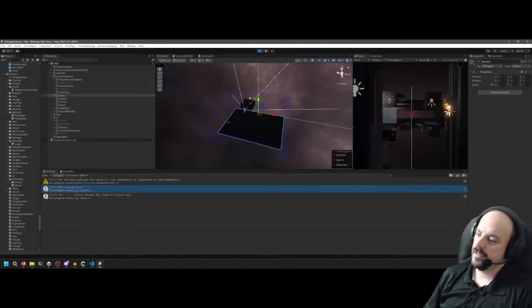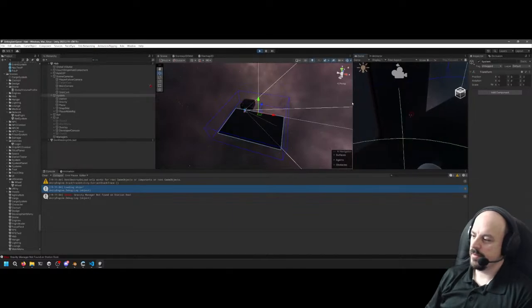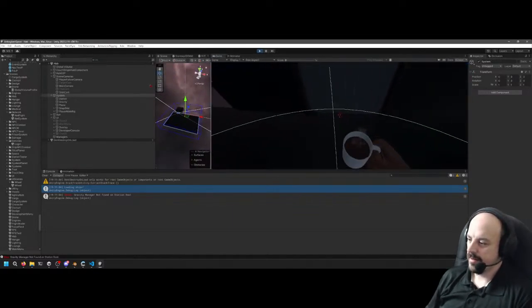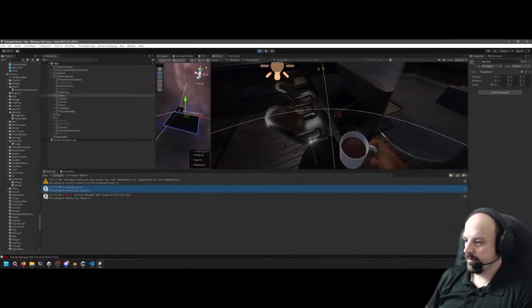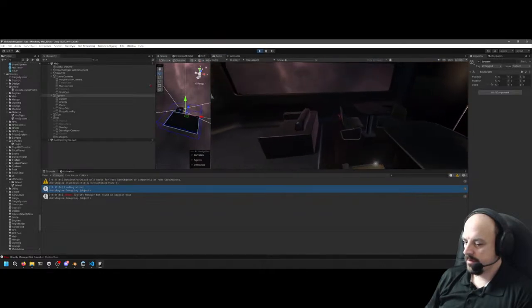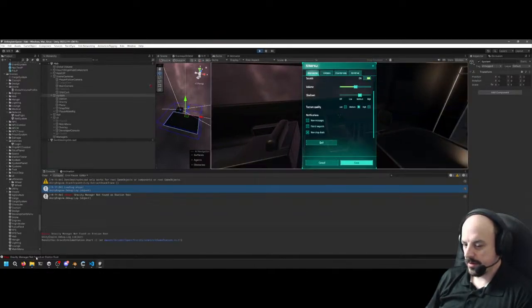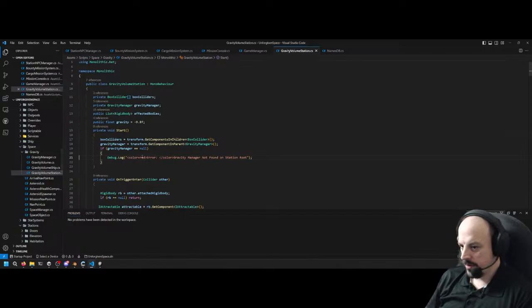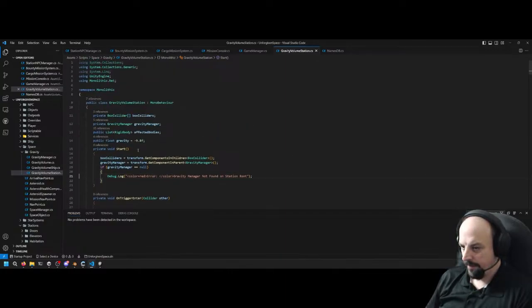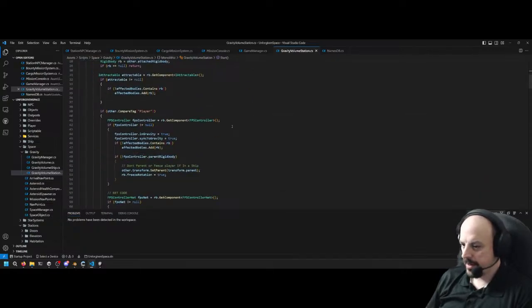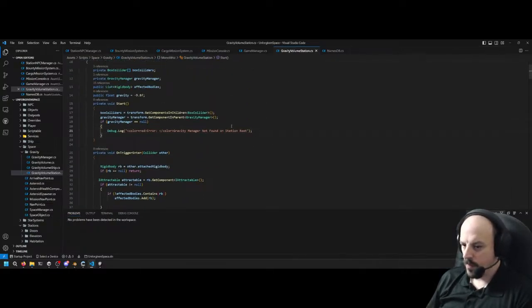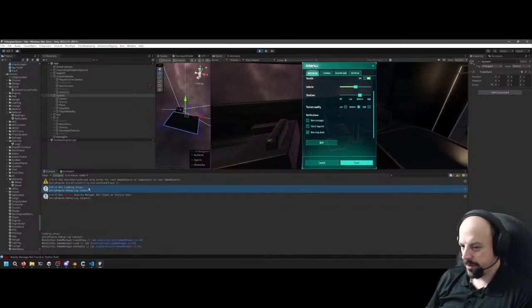But I'd like to develop that out, you know, and actually make it so you can hold the coffee. Yeah, there's nothing weird about it. There's a gravity manager problem, but I think that's only one issue in the beginning. Because we're not using gravity managers here, it's a ship. Don't see that being a problem.